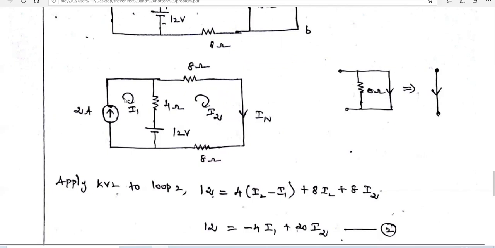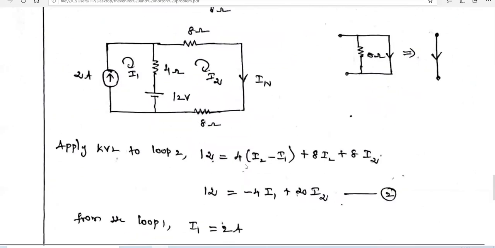Okay, in Thevenin's model we are using, what is the value of I1? According to this diagram, the I1 value is the current source, 2 amps. Okay, it is known, and we have to write the KVL equation for the second loop. What is that equation? 12 equal to 4 into (I2 minus I1). While writing the second loop equation, we have to write this loop current minus that loop current. So I2 minus I1, then plus 8 into I2. Here no resistance is there. When we are coming here, 8 into I2.